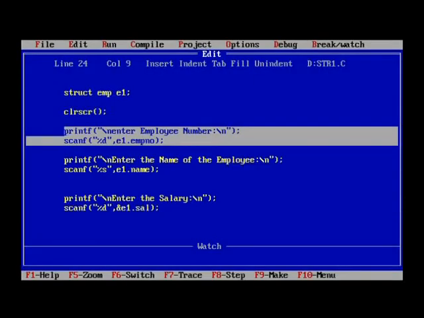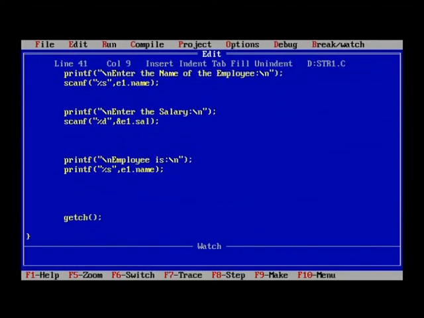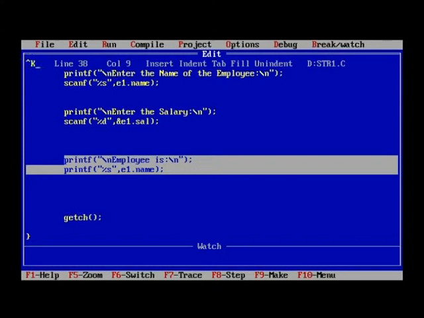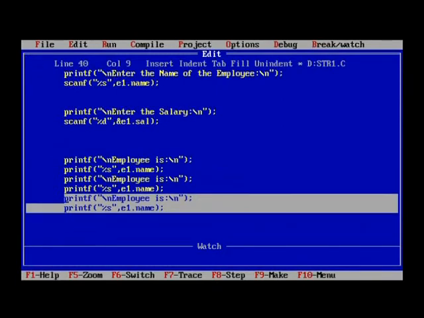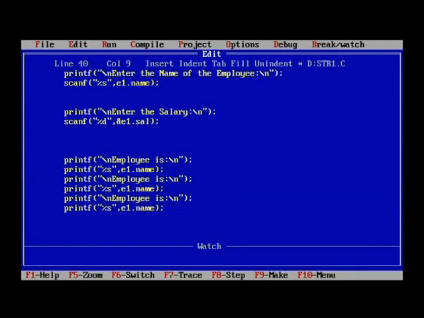We'll go back and modify that so that the entire output is shown. What I do is block this and copy this twice. Very easy if you understand the editing commands. It becomes very easy to develop any program. So either at the beginning or at the end we can simply put this.